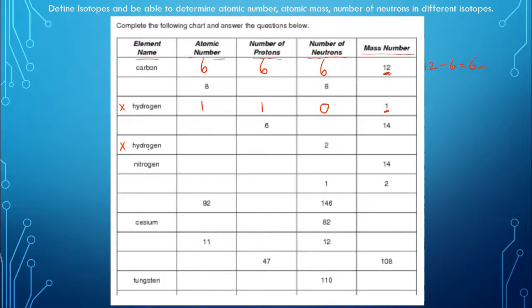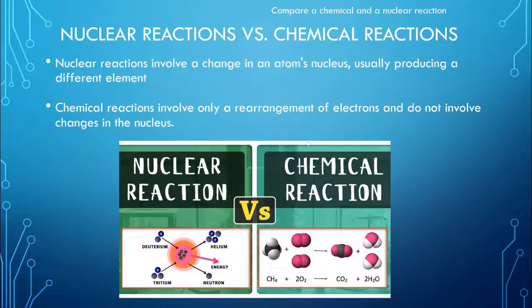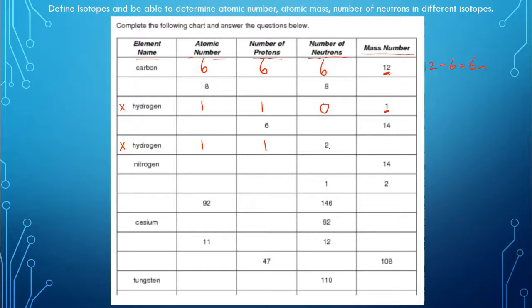All right, so move down to the second hydrogen. It's the same element. It has to be the same atomic number. It has to have the same number of protons in its nucleus. This is different though. We now have 2 neutrons. So what do you think our mass number is going to be? Remember, the mass number is the number of protons and neutrons combined, so this would be